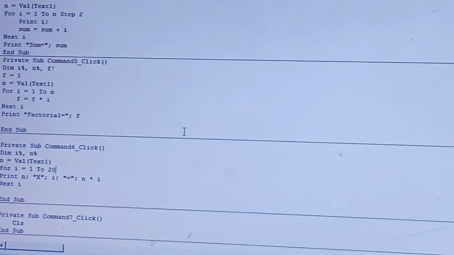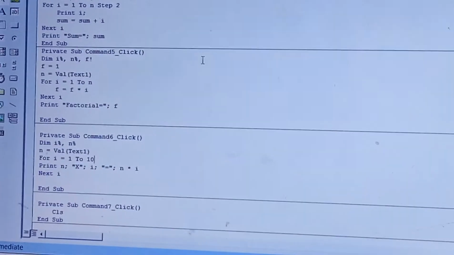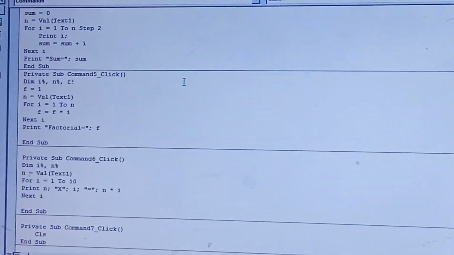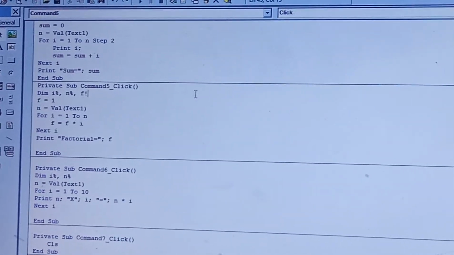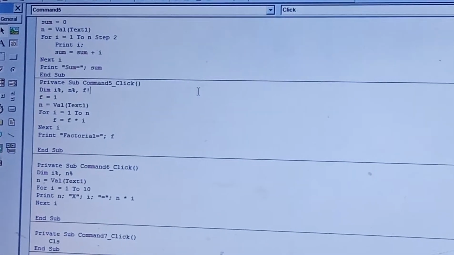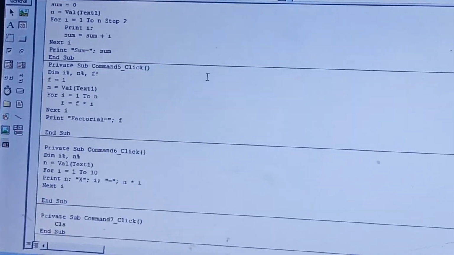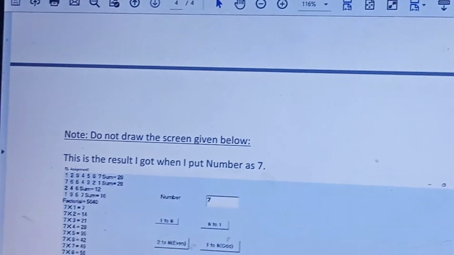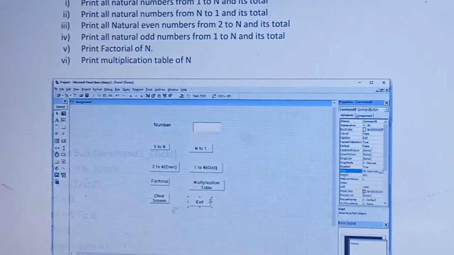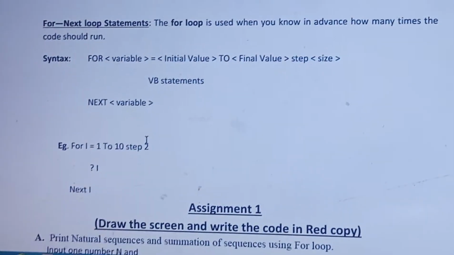Go through it, understand it, see the video more than once, and if there is any doubt, please revert back to me. Okay, I'm always there to help you out. And since the writing work was given last week, I expect everyone to click a picture of this assignment along with the for loop statement which I gave along with the syntax. Okay, you have to send me tomorrow itself.